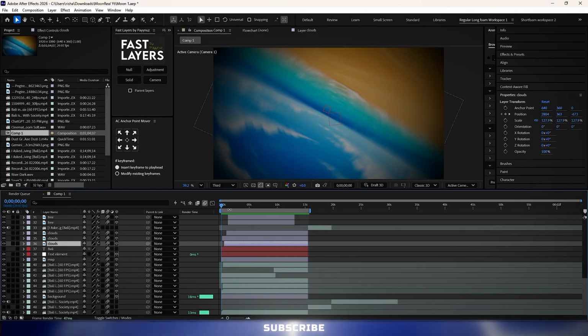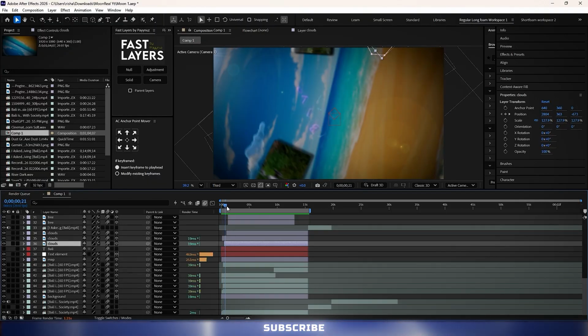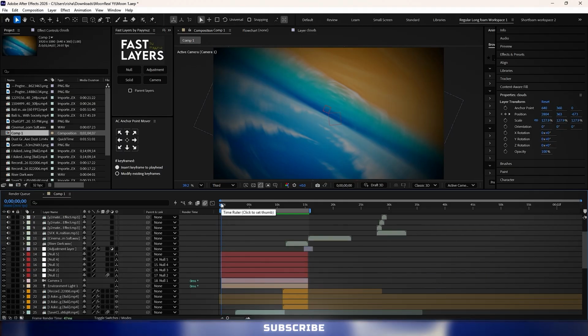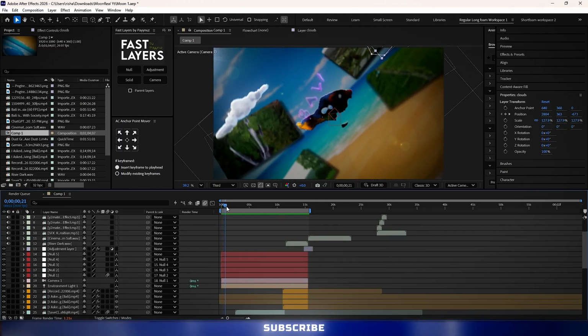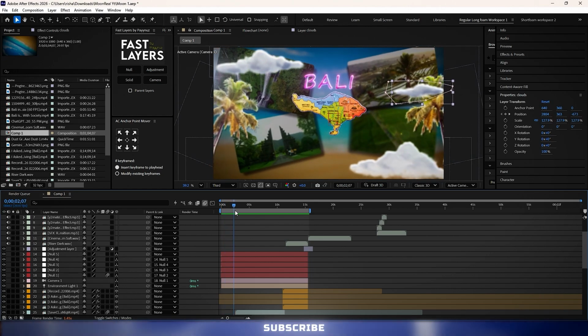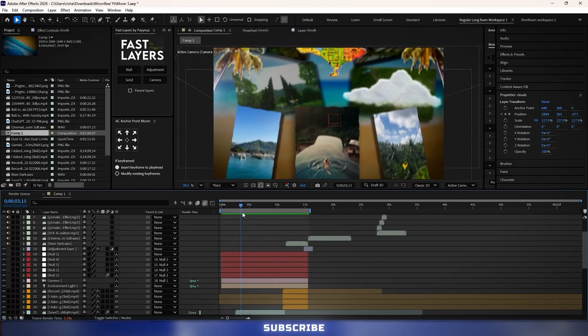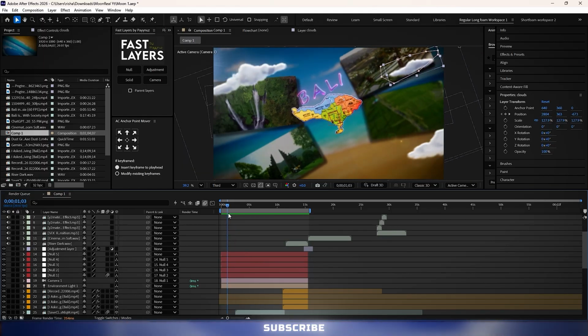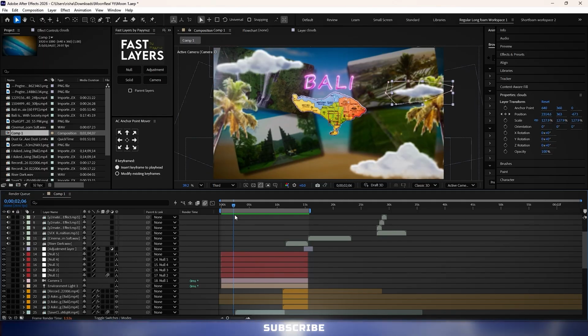So here I am inside After Effects and I'm starting from the very first frame. I'm zooming out and these assets are coming in and I'm going down in this scene in the first few seconds. I have a lot of assets right here. As you already know, I took the inspiration from Moonreal's original video. This is a little bit different from the original video, so I used some extra assets like these clouds and trees